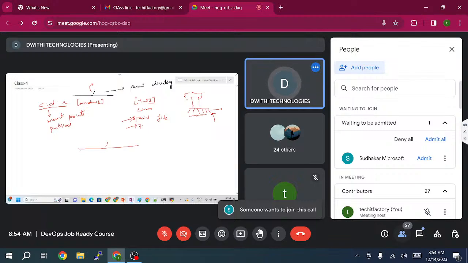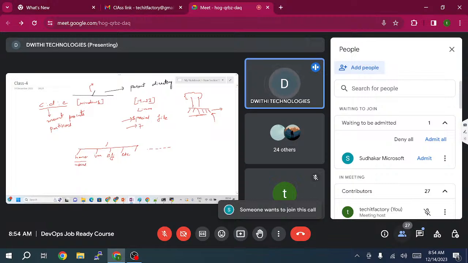Everything will be there, like home, var, and you will be having EFI, you will be having etc. So you will have all of these things, and home is nothing but equal to your users